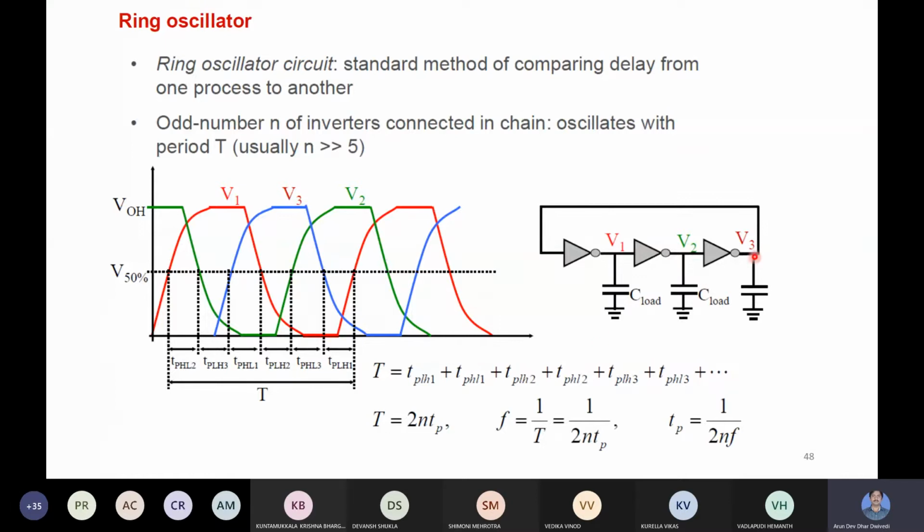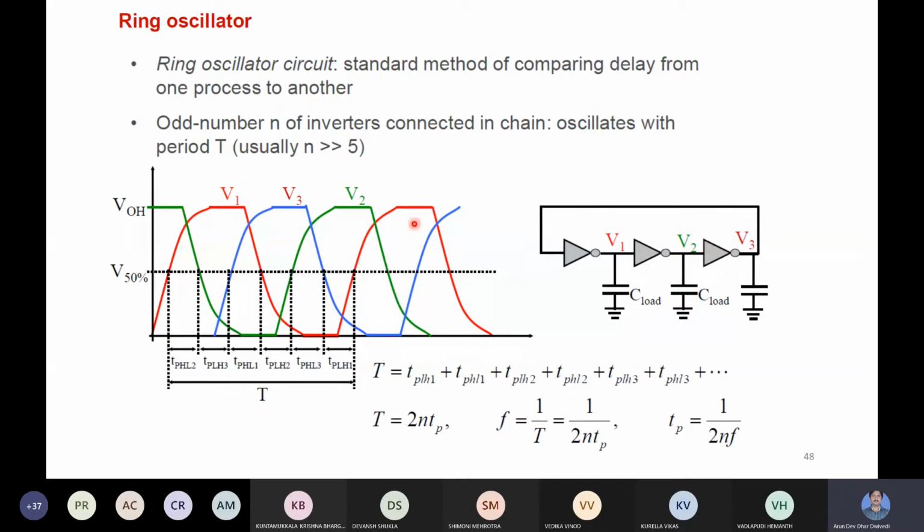So the feedback is given from the output stage, and in this circuit we are only providing VDD at the top and ground at the bottom for each inverter, and we are not giving any time varying pulse or any time varying signal. Still we are able to see that it is oscillating. We can see output V1 is red color, V2 is green color, V3 is a little different.